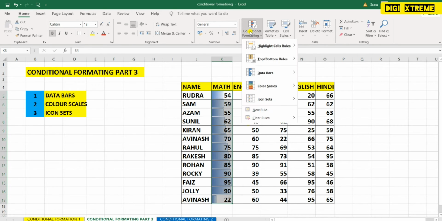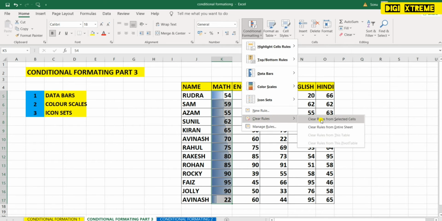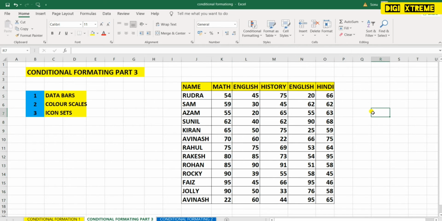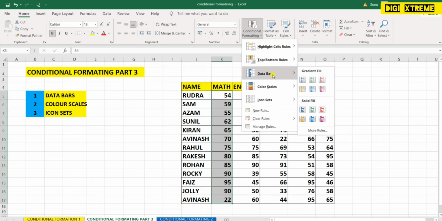Let me remove this condition first. As I told you in my previous video, we'll go to conditional formatting, then clear rules, then clear rules from cells. Now we can see what we can do more with this. We have selected this already. Then there are two options you can see: gradient fill and solid fill.